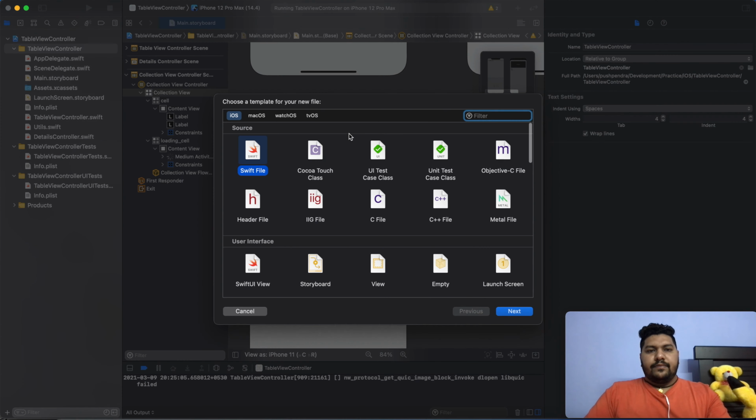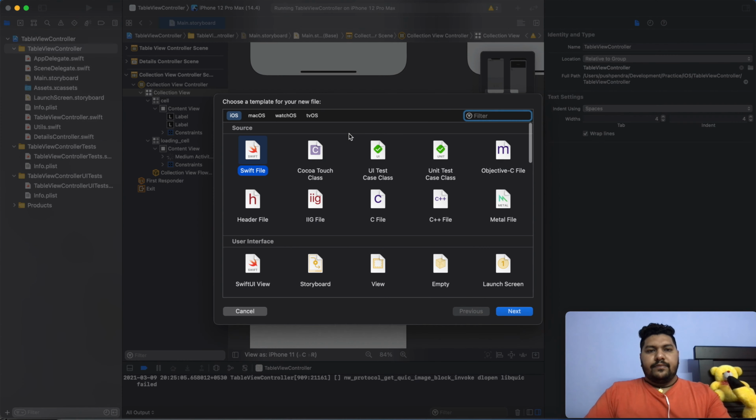In the same way I need to take one collection view cell class which will be responsible for cell functionality. Here it is. Click on create again. Now I have two classes. Here you can see.